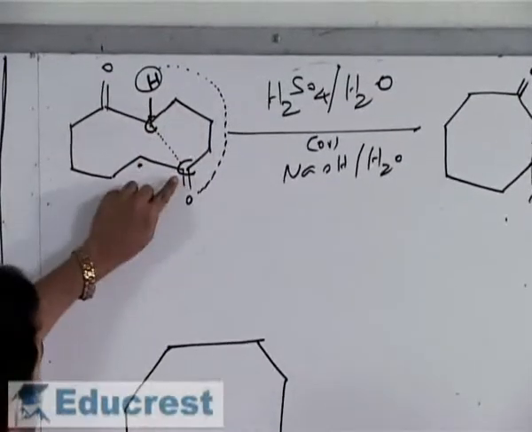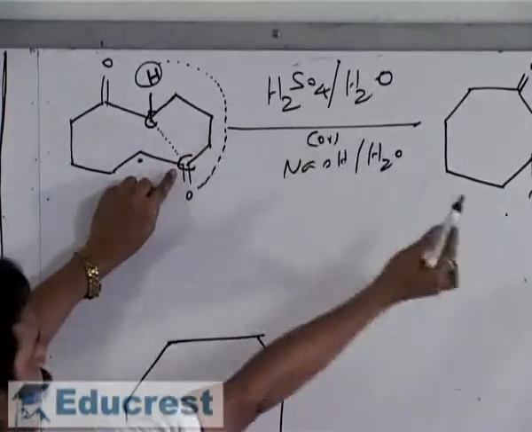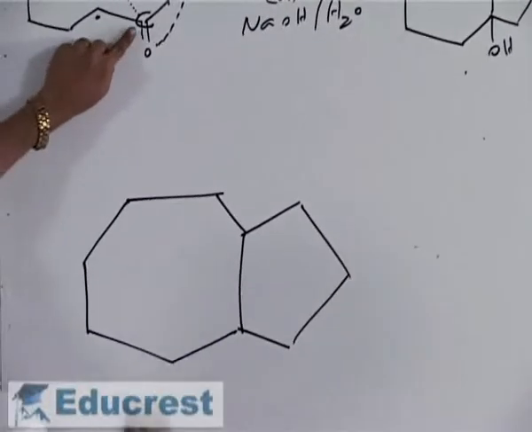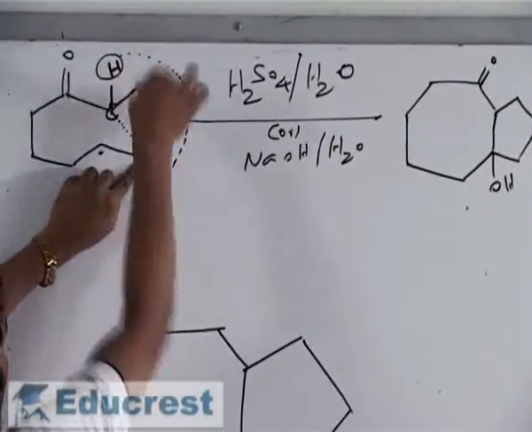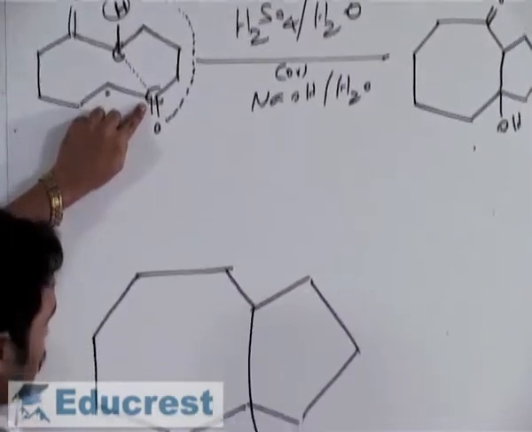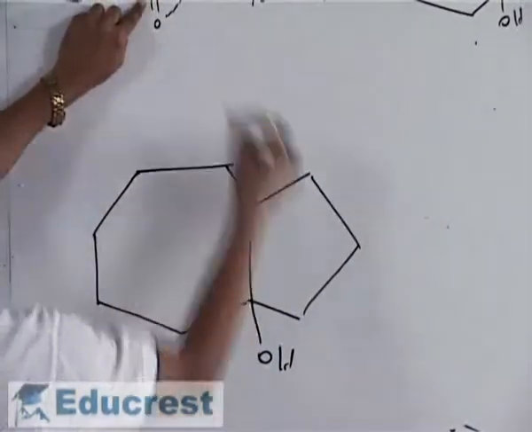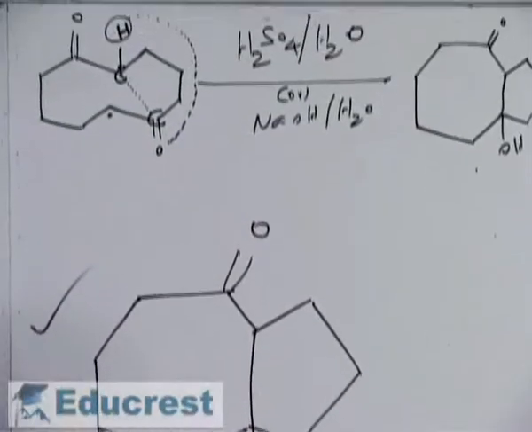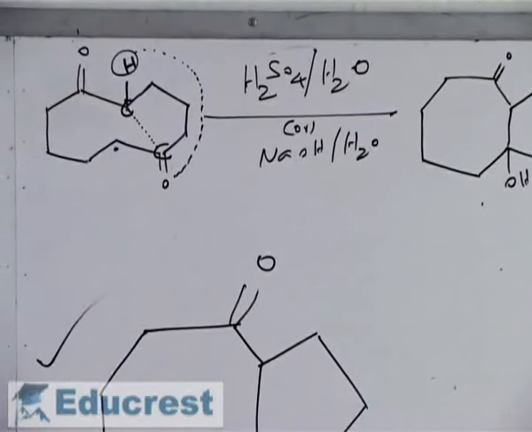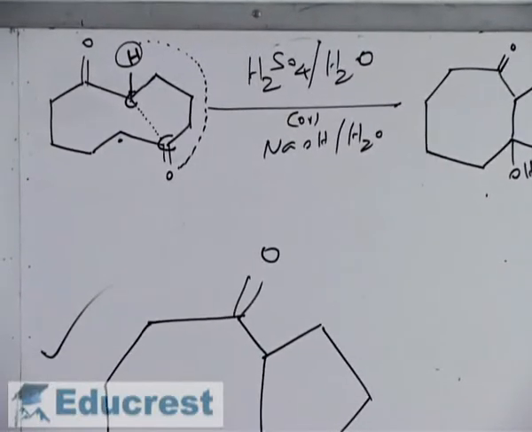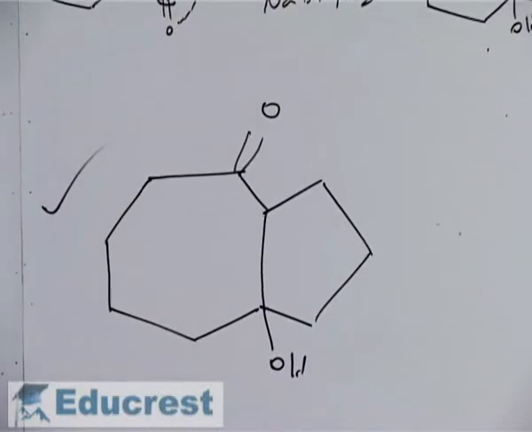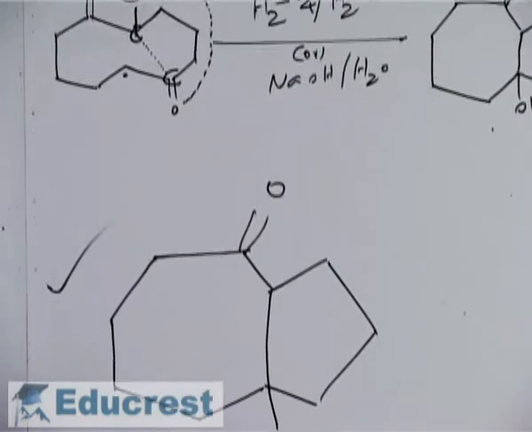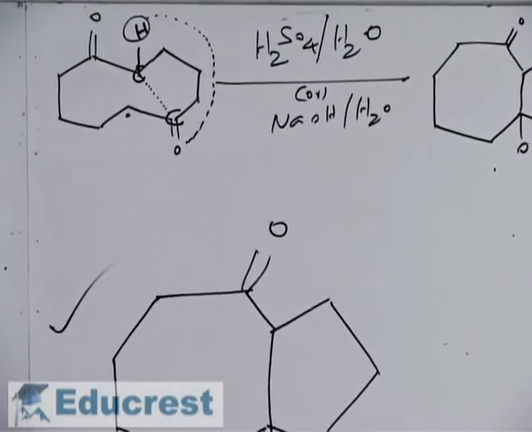Now the 7 membered ring is attached to a 4 membered ring and a 5 membered ring, right? Now you consider at this position you have an OH group, and next here you have C double bond O. Now this is the final product. So in case of cyclic diketones, in presence of acids or in presence of base, this condensation takes place and gives rise to that product. This is a very important concept particularly in IIT JEE as well as in other entrance exams for the reaction.